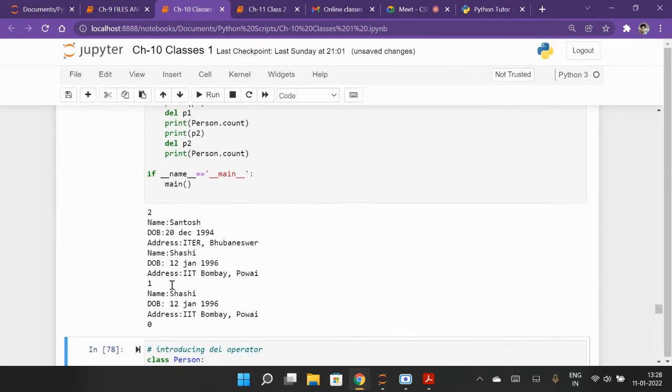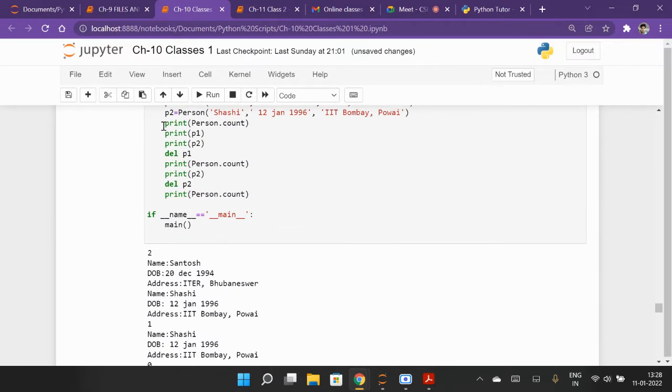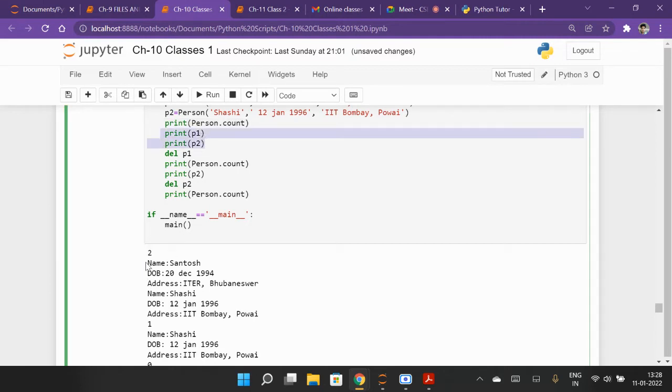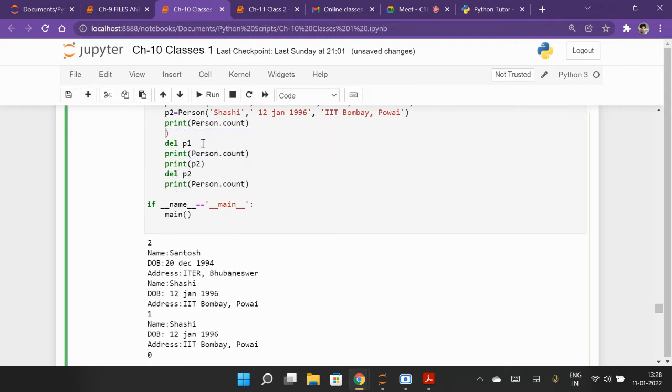You can check. Initially this print is 2, and the rest print p1, p2 are getting printed. Let me remove this.